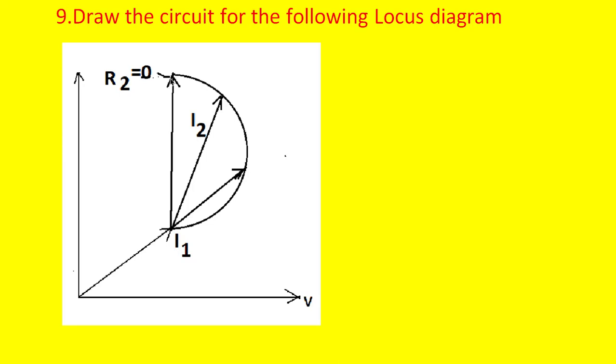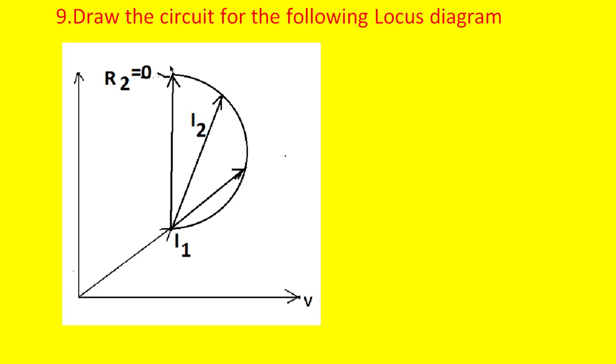Here we have a maximum current vector, which is leading the voltage by 90 degrees. Definitely, current leads the voltage by 90 degrees only when the capacitor is present in the circuit. Next, similarly there is a resistor in series with it, but that resistance must be a variable one.